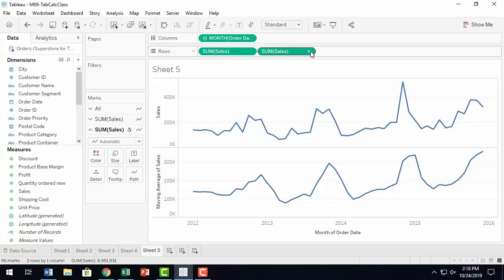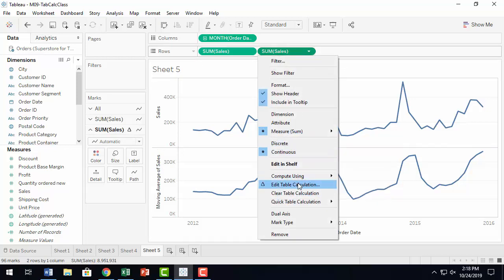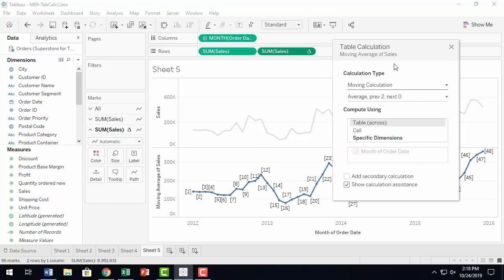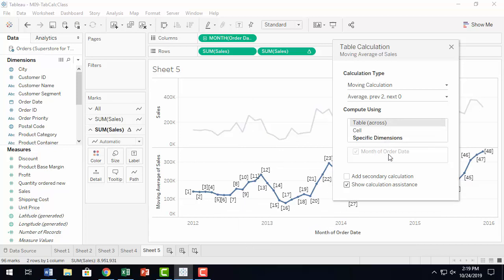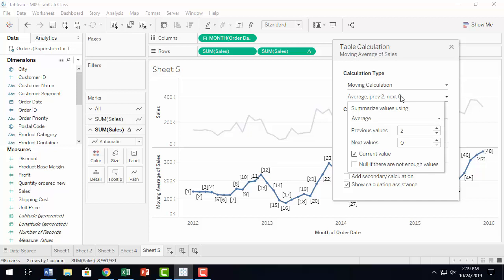months. So if you go and edit table calculation, it will tell you what the calculation type is, okay, and then we have average of 2 periods. And then it has to be table across, because there's only one pane in the table, and that goes across. Okay. Now if you select cell, of course you're going to get exactly the same thing as the actual, so we don't want that. Okay, so table across, and here is where we can select what kind of average we